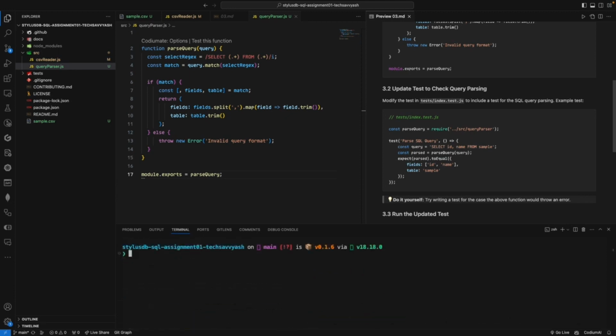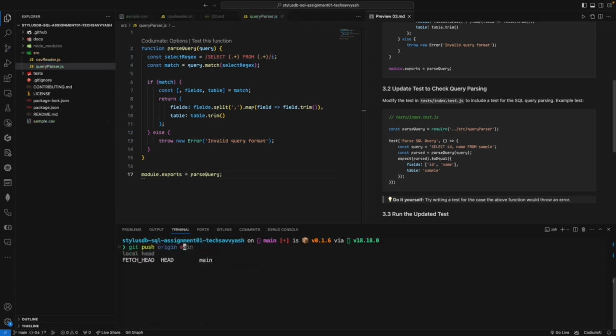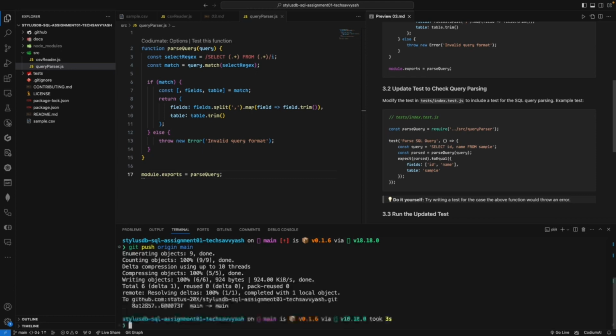Now since we are done with 3 steps, let's go ahead and commit these to the assignment repository to submit that we are done with the first 3 steps. We will simply say step 3 and we'll push to the repository. Now since this is done, let's go ahead and see what is happening